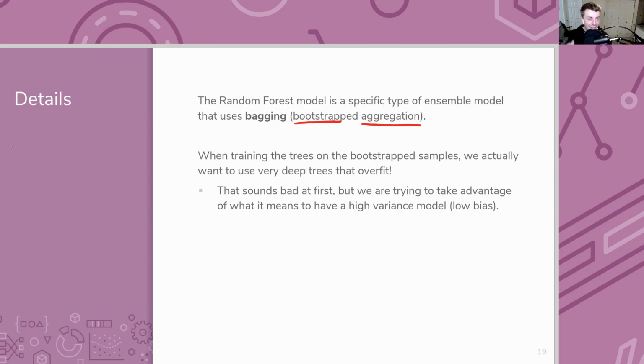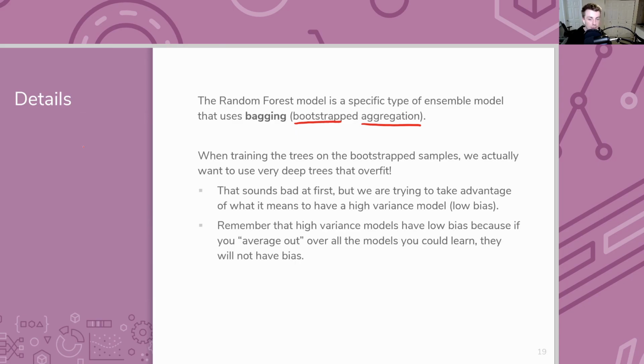And this is the key idea to why bagging works: the ensemble you create has a bunch of really overfit models individually. But when you average out over all of them, you hopefully get something close to the true function because high variance models tend to have low bias. And we're kind of trying to learn this average function by averaging over many high variance models.